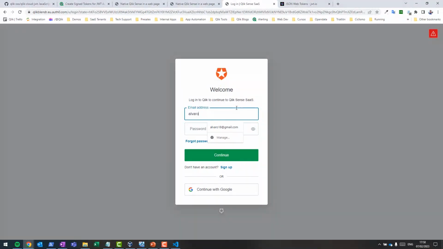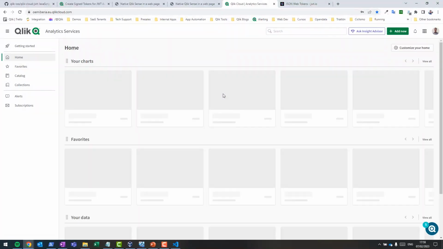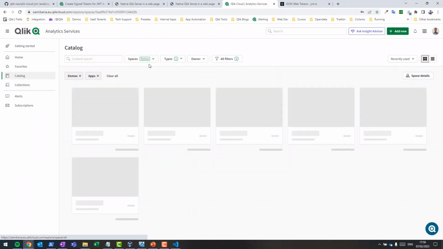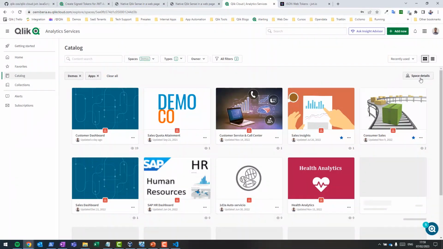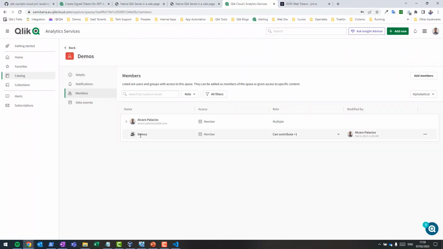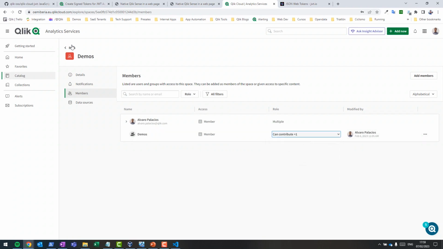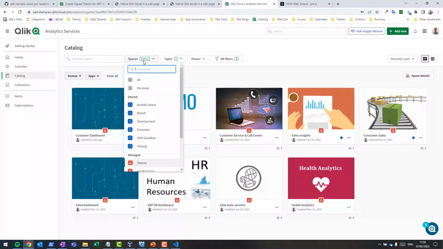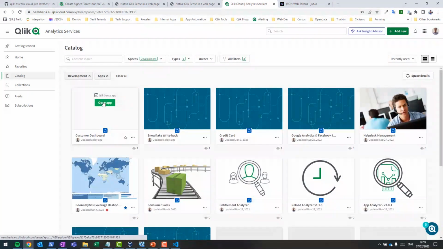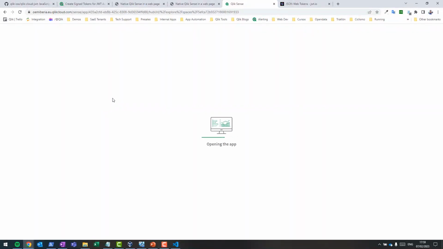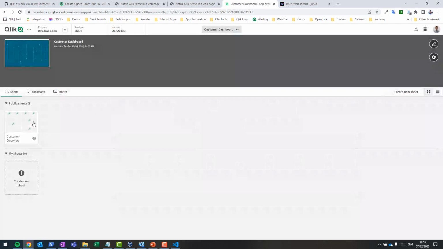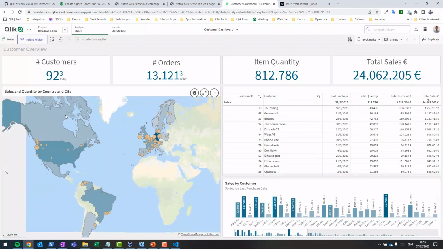If I do an interactive login with my personal user, Alvaro, we're going to check first the managed space details. So you're going to see this user, Alvaro, and all the users that belong to the demos group have access to this space. But now, if we open the copy of the customer dashboard application that we have in the development space for development purposes, now this user can view all data